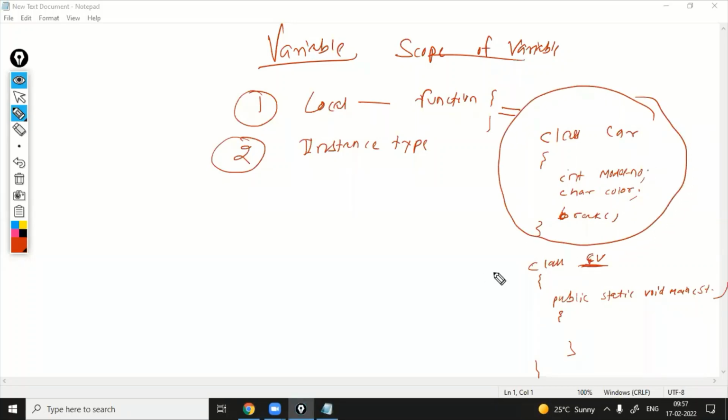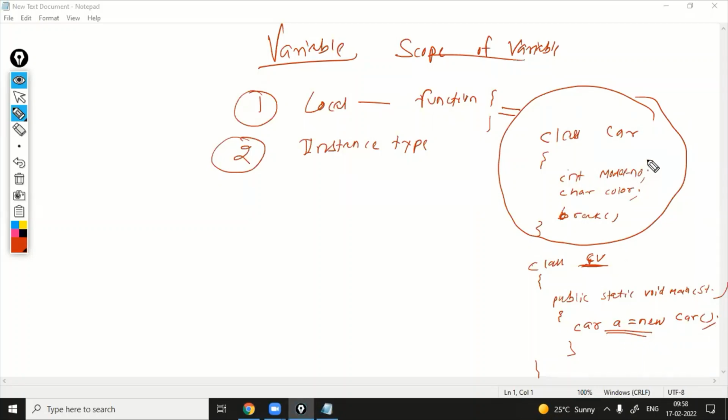Remember that you are creating classes, but a class is useless if you don't create the object. I told you how to create an object: name of the class, any object name, say a is equal to new. After two classes we will understand how to create an object. But here, for example, car a is equal to new car constructor, and we will study constructors. So here the object is created. So what happened?